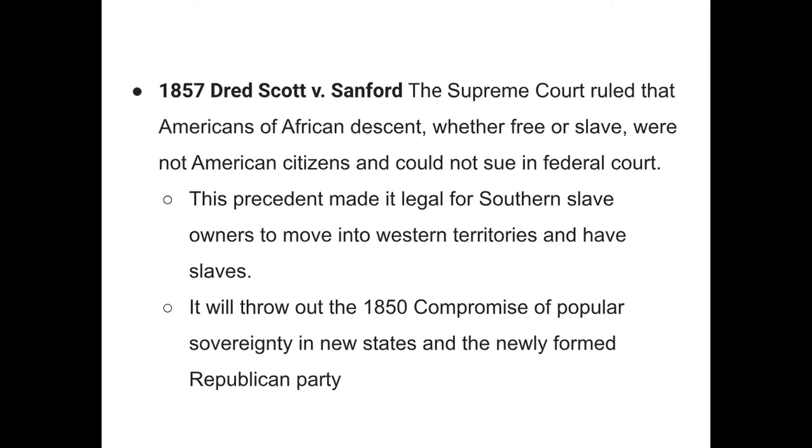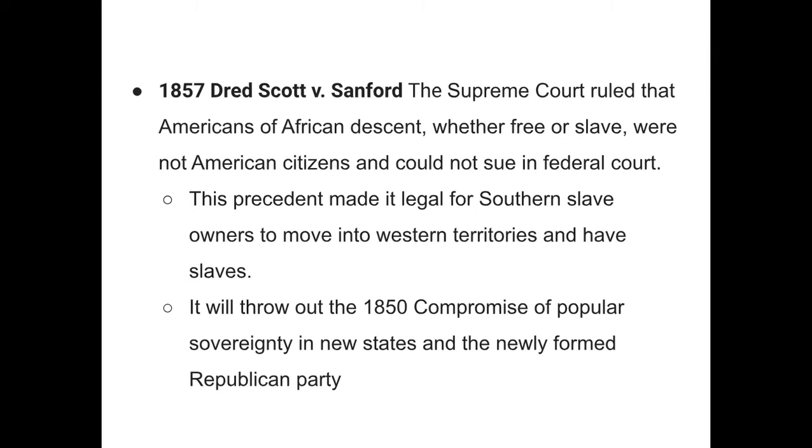And this is crazy, he had moved from being in a slave state to a free state. So he got some lawyers to back him and bring it to the courts to get his freedom. And initially in the state of Missouri, no, I'm sorry, not in the state of Missouri. In the state of Illinois, the state court ruled that he was free. And then that was overturned by the state of Missouri, who said he was not free. And it made it all the way to the Supreme Court.